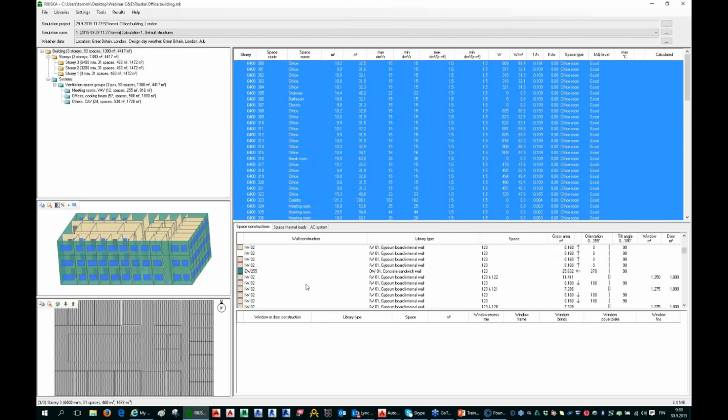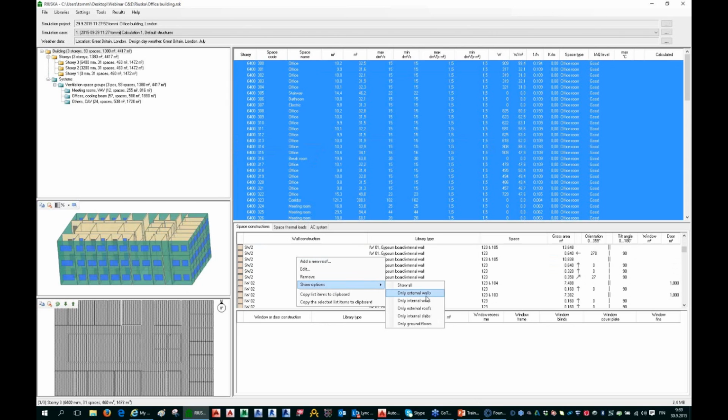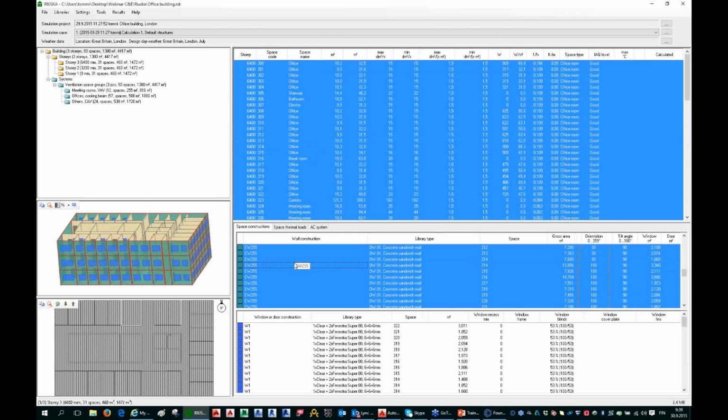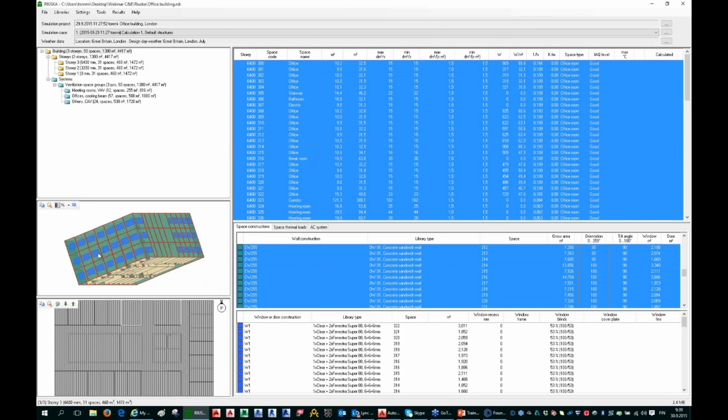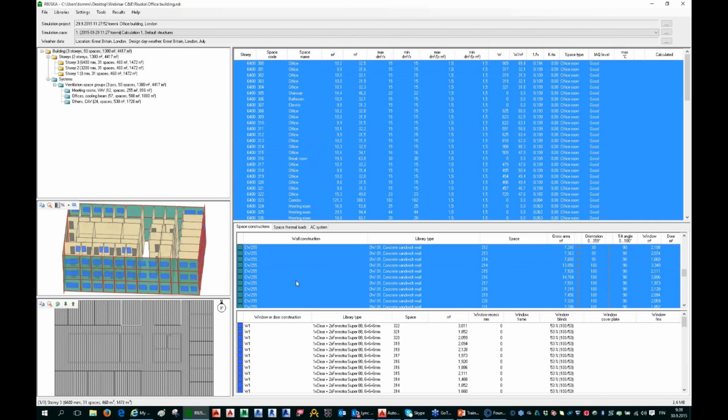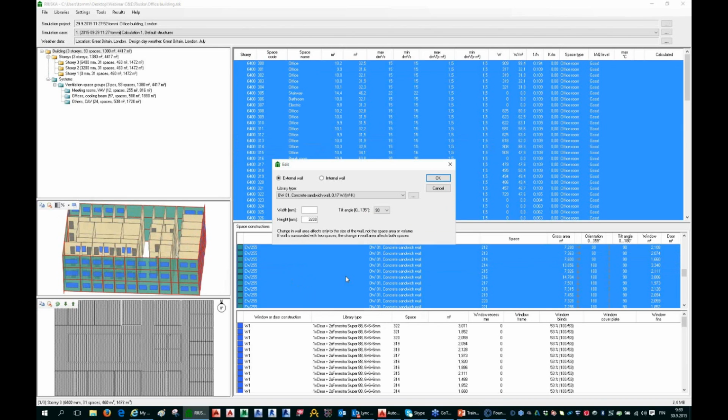But if I want to select only outer walls, I can right click, show options and only external walls. Now only external walls are showing, and I can select them all using Ctrl A. And as you can see in the model, all my outer walls are now selected. And if I want to change the outer wall, I right click and edit. Riuska always uses this